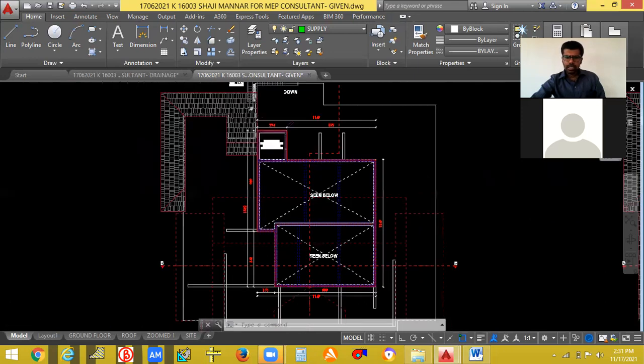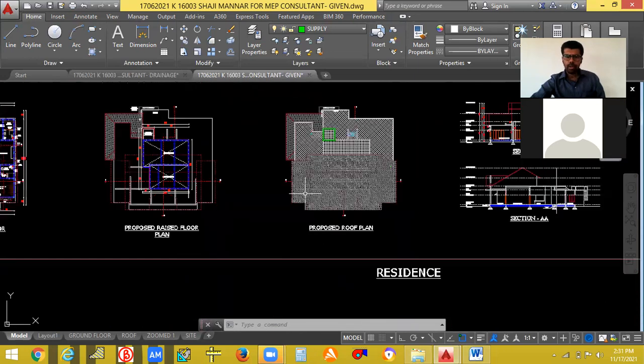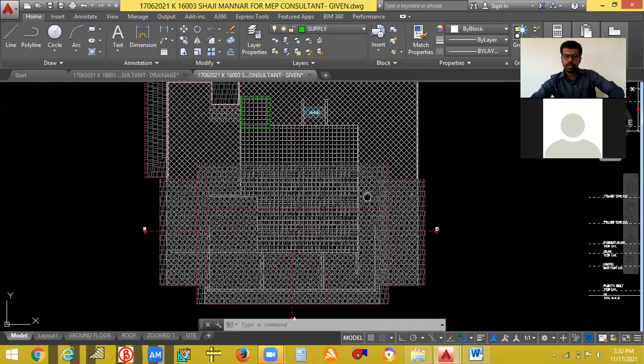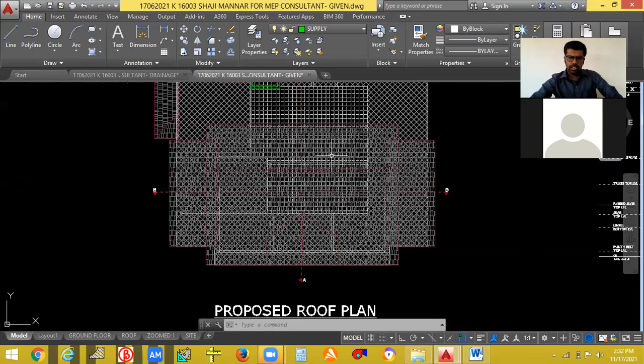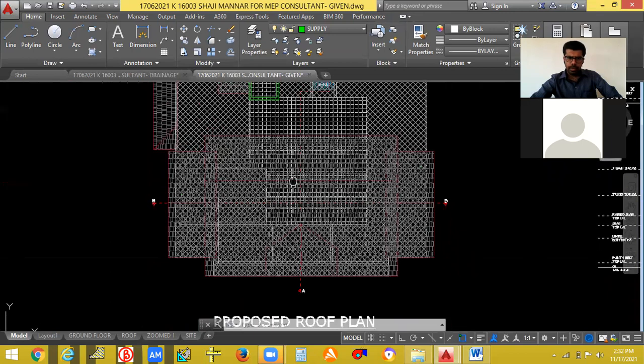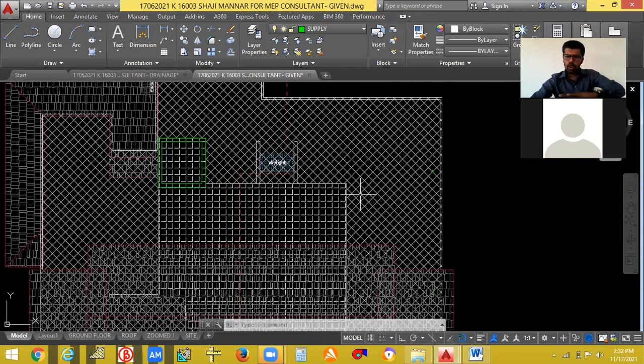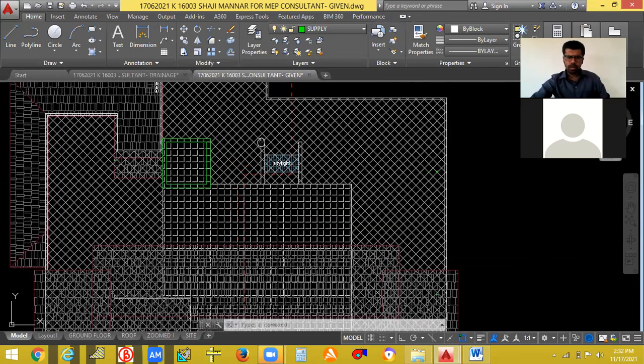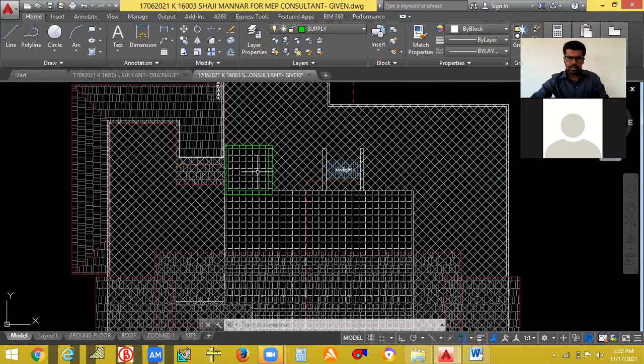Okay, and this is the roof plan. These all are roof only. Okay, you can see here these are roofs, and this is the open terrace only. Okay, these are open terrace areas. This is a little bit height. Okay, this is provided a little bit height. So that's why you can see two different types.